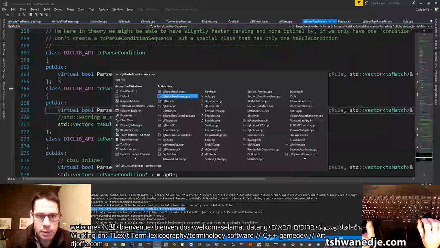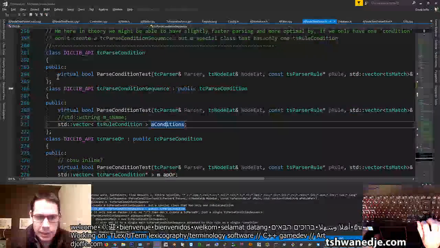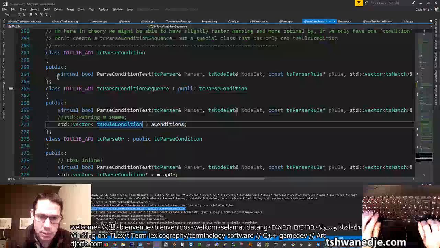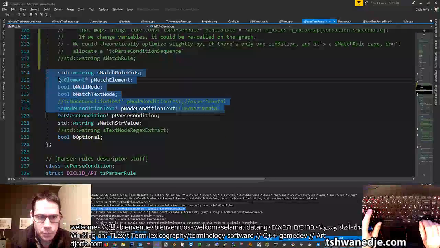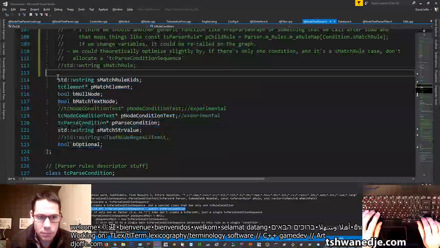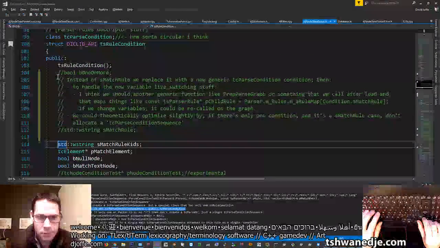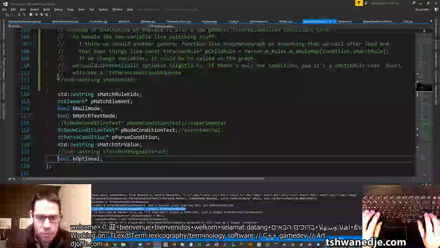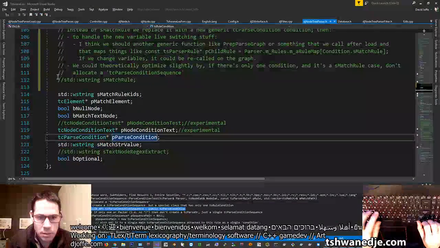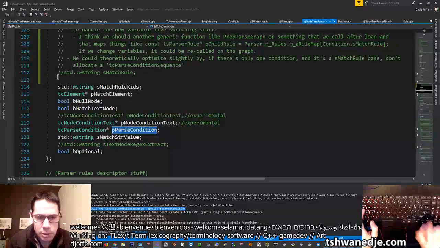Currently we allocate a whole parse condition sequence with an array of conditions, and that array has just one condition in it. We do need to know if it's optional or not. It has an S match rule for the child rule,